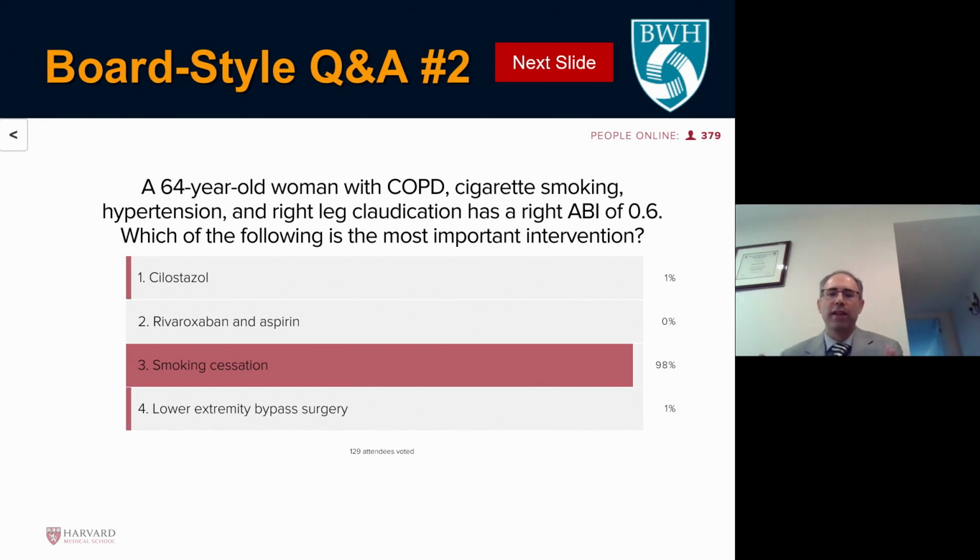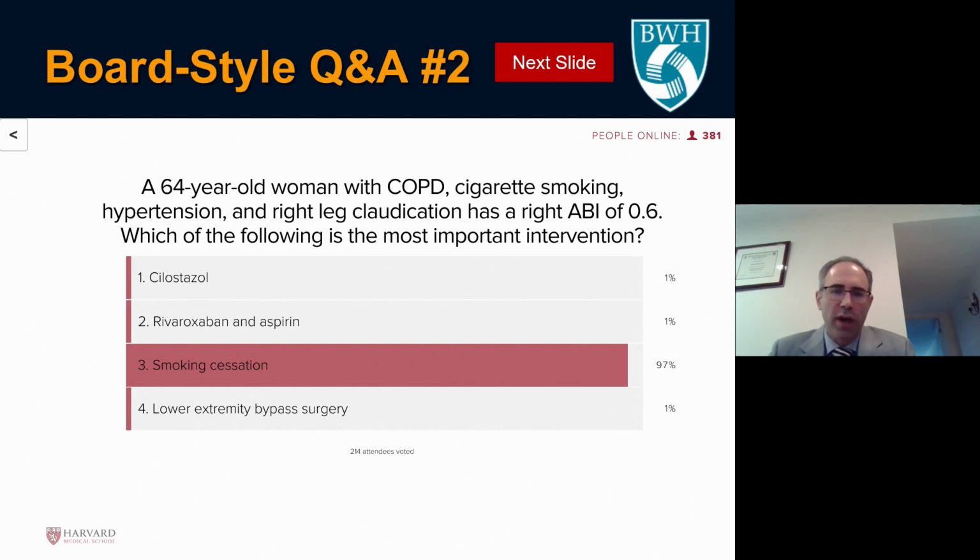Yes, smoking cessation is the most important thing that we can do for this patient. What do we want to do? We want to improve symptoms, quality of life, reduce that 5-year risk of cardiovascular events. Is cilostazol going to do that? No. Will rivaroxaban and aspirin help? Yeah, we'll reduce the risk of